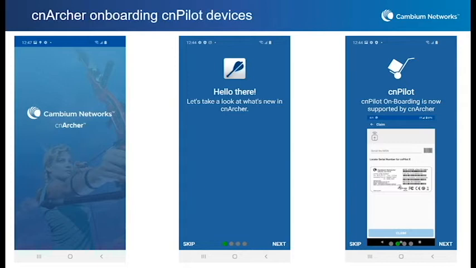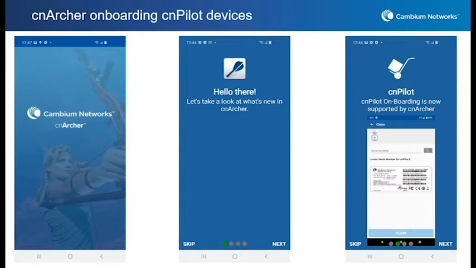These are the features which you already know about cnArcher, but the 1.4.9 version of cnArcher supports the onboarding of cnPilot. So you can download this app from the Google Play Store,